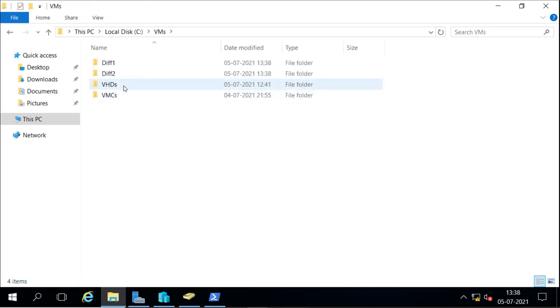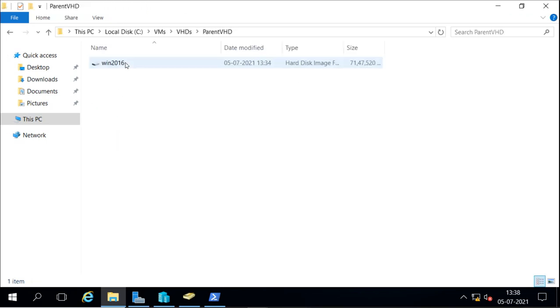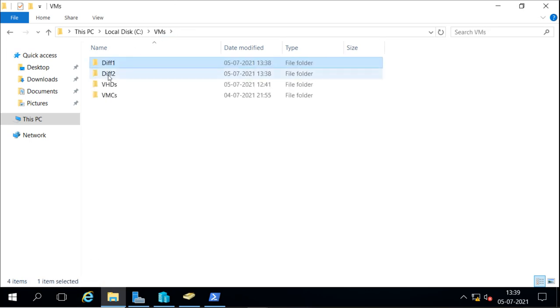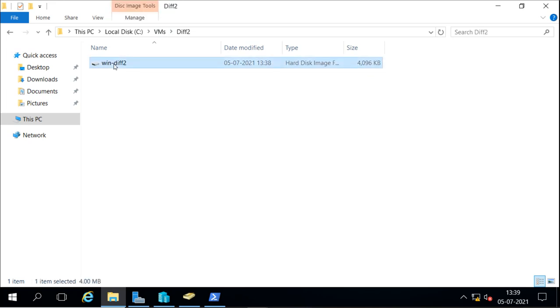First, this is the parent disk, and its size is almost 7 GB. The differentiating disk I created in diff1 is only 4 MB, and the other one is also 4 MB.